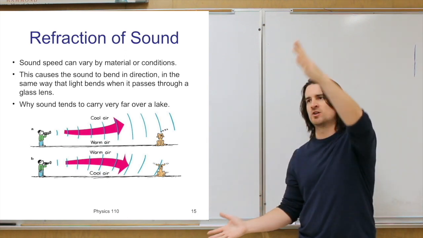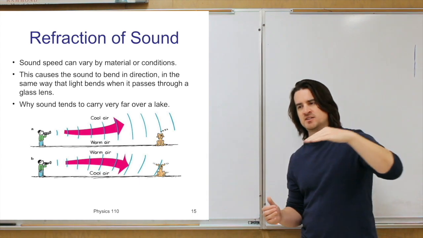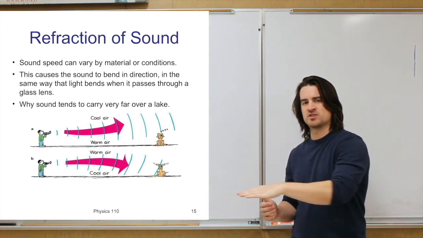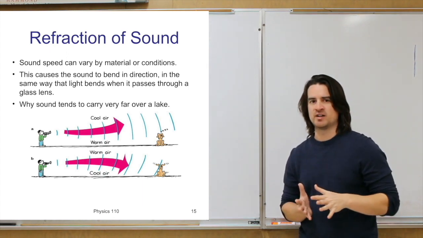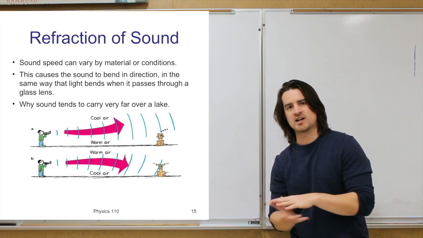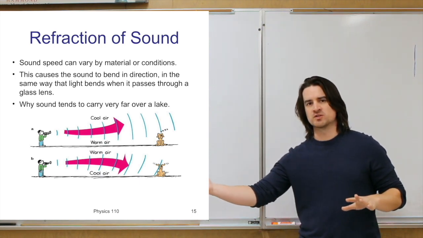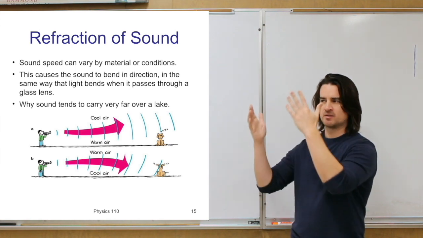So when somebody speaks, the pressure waves, the sound waves that they're creating, don't just dissipate and go up into the air and move around everywhere. They get directed down along the surface of the lake, and in that way stay more concentrated along the surface, so they can travel very far along the surface of the lake until they get to the far shore and start to move back up again,